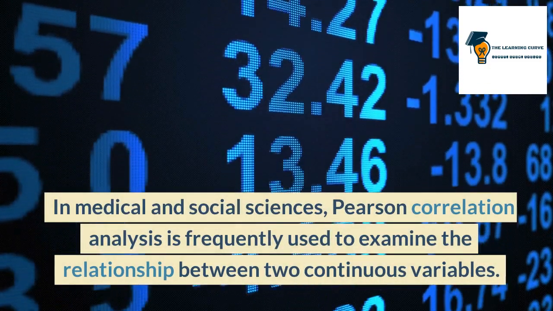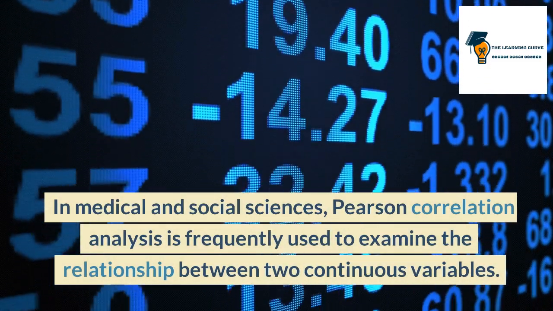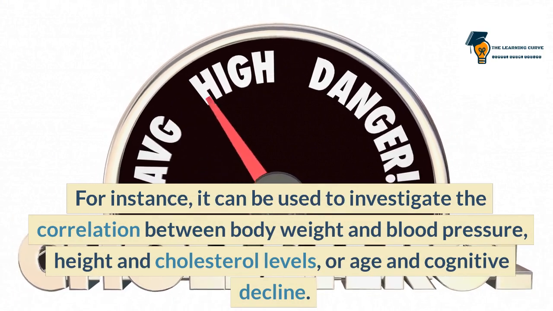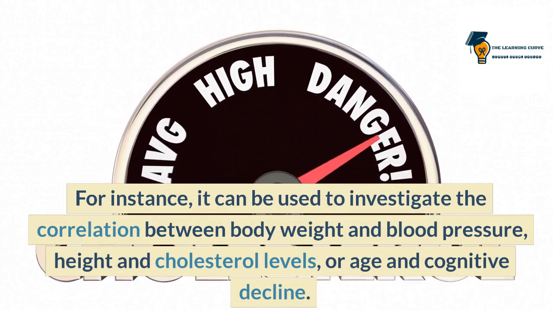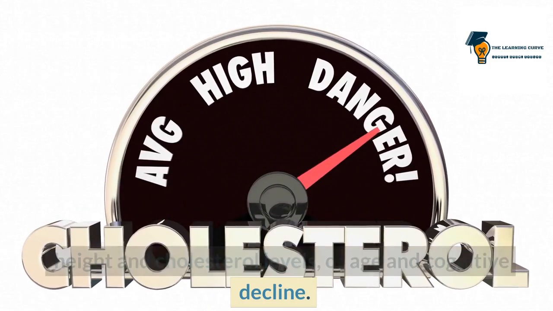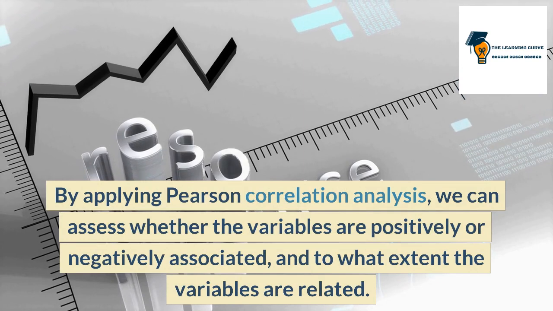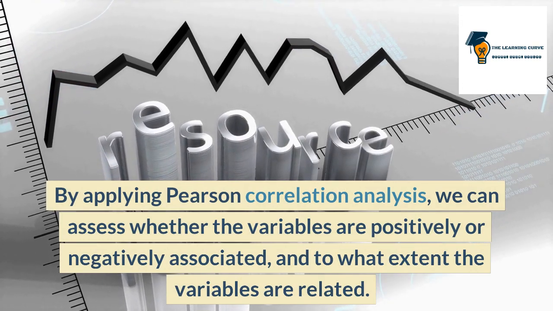In medical and social sciences, Pearson correlation analysis is frequently used to examine the relationship between two continuous variables. For instance, it can be used to investigate the correlation between body weight and blood pressure, height and cholesterol levels, or age and cognitive decline. By applying Pearson correlation analysis, we can assess whether the variables are positively or negatively associated, and to what extent